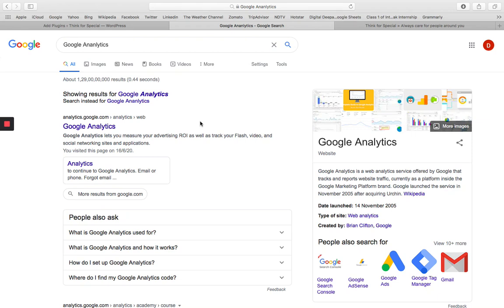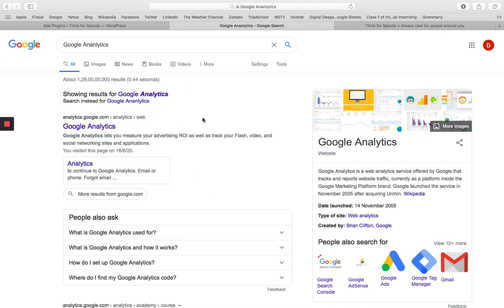But before starting, I want to ask, do you know why Google Analytics is so important for our website? It allows us to track and understand our customers' behavior, what they are looking for, and whether our business is addressing their needs or not, so that we can take the required steps to improve. So now let's start with our first step.